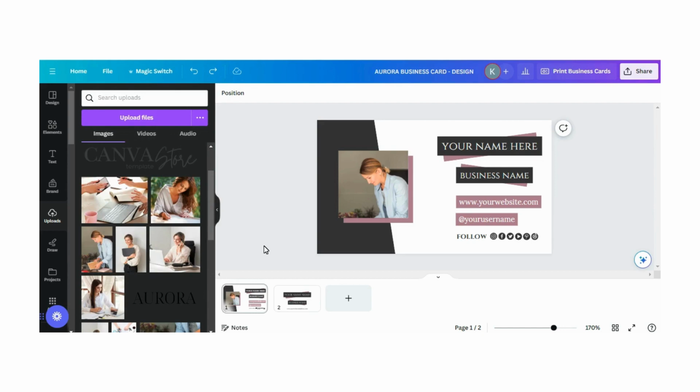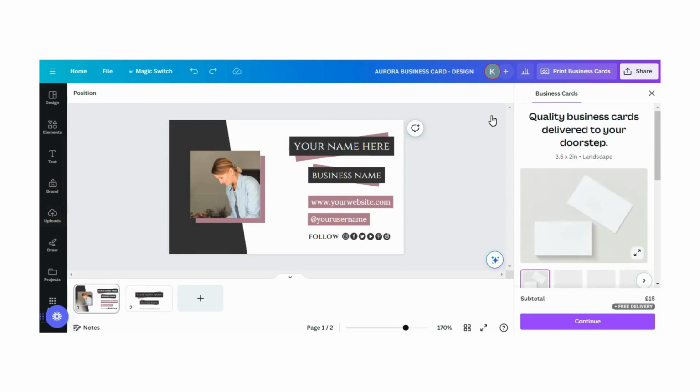And then the last thing I need to show you is, because this is a business card template, it gives you the option of actually printing this out as obviously printed business cards. If you click on this up here, Canva actually provide their own printing service. So they'll show you the front and the back as a preview. If you click continue,